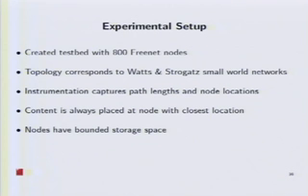Okay, so here's the testbed we used. It's an 800 node testbed. We created an overlay topology that conforms to the small world networks as defined by Watts-Strogatz. We monitor the network to find path links and to monitor the swapping locations. For simplicity in our network, content is stored at the closest node with relation to the key. This is the assumption again for routing, but we just put it at that one node because we don't want to worry about replication, things like that. Also, we set a bound on the storage at each node, which is true in the real world as well.